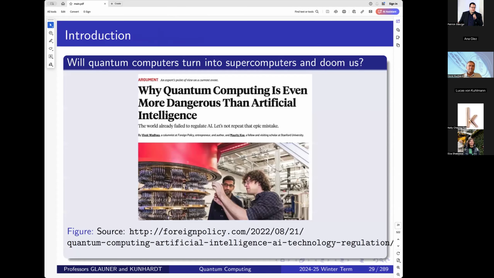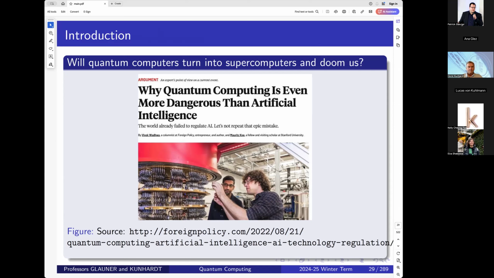Now, before I pass the floor to Horst, I'll say a few more things. There are lots of news around quantum computers on the internet. And the news range from quantum computers would not work to the other extreme that quantum computers would end the world. From my perspective, that's total nonsense. Quantum computers will not end the world. Quantum computers are helpful for a certain amount of computational problems. We will discuss this in a few weeks, but they will not help us to speed up every possible computational problem, and they will not turn evil, they will not start a world war, and they will not become super